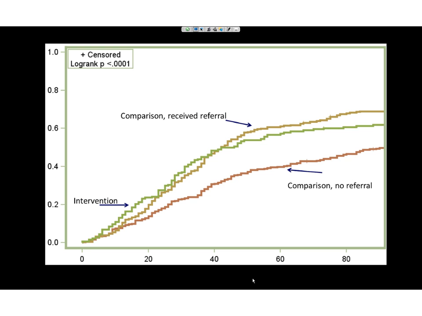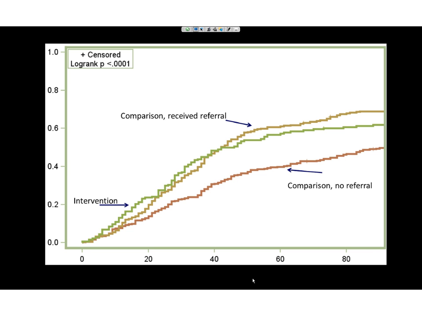And these are the sort of interesting findings, I think. If you look at the sort of bright green line, these are the intervention individuals from the rapid HIV testing algorithm who received their test results and a referral for care on the same day. And as you see, about 55% of them ended up making their care visit within 2 months. In the light brown line, you see the people in the comparison group who came back for their HIV test results and received a referral. And about the same percentage of them ended up getting into care within 3 months of their diagnosis and getting a CD4 count and viral load.